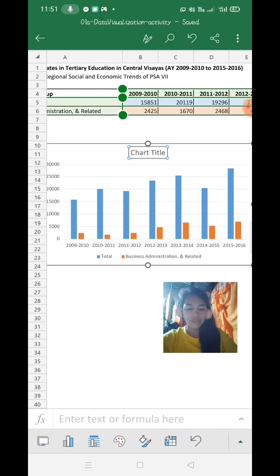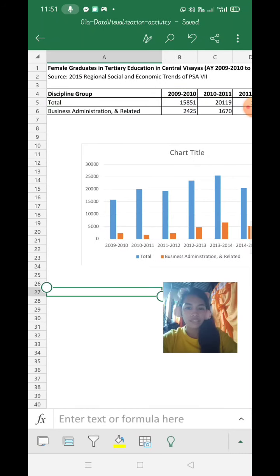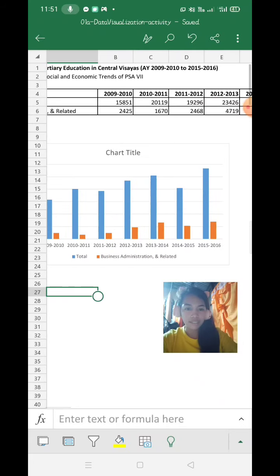So as you can see on the bar chart graph here, this is its total, from 2009 to 2010 until 2015 to 2016. So let's proceed to